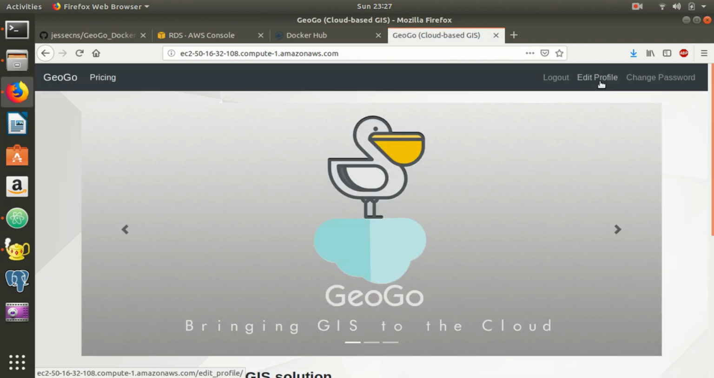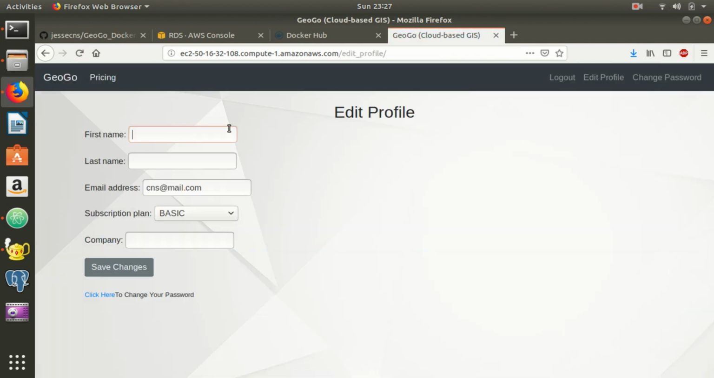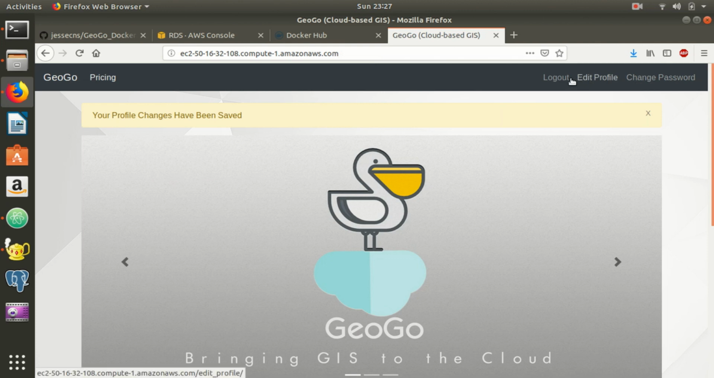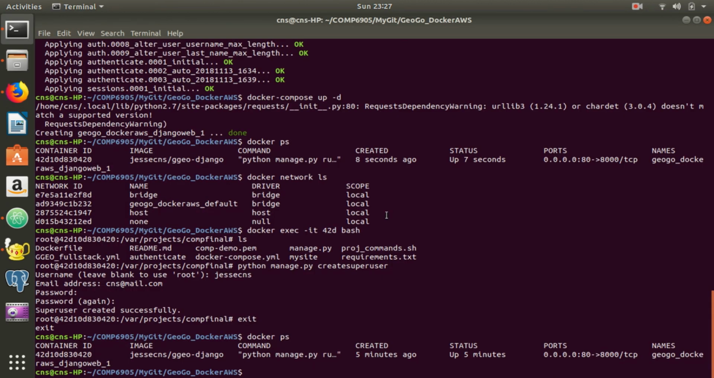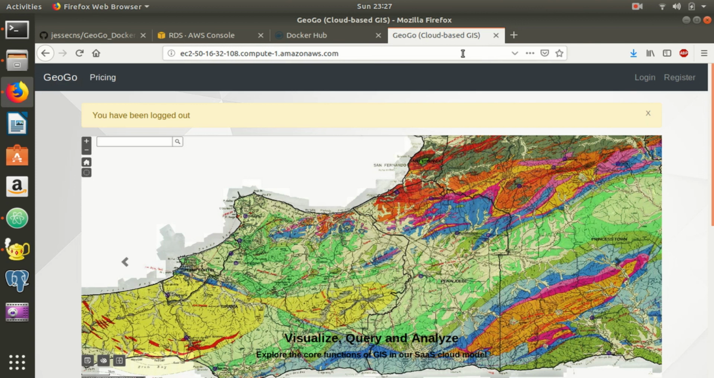So now we can view the site as the admin. I could put my name down, Johan Jesse. Maybe I'll just get the basic plan for today. CNS limited. Save changes. There we go. I can log out, and yeah, so that's how you would deploy a Django web application using AWS CloudFormation and